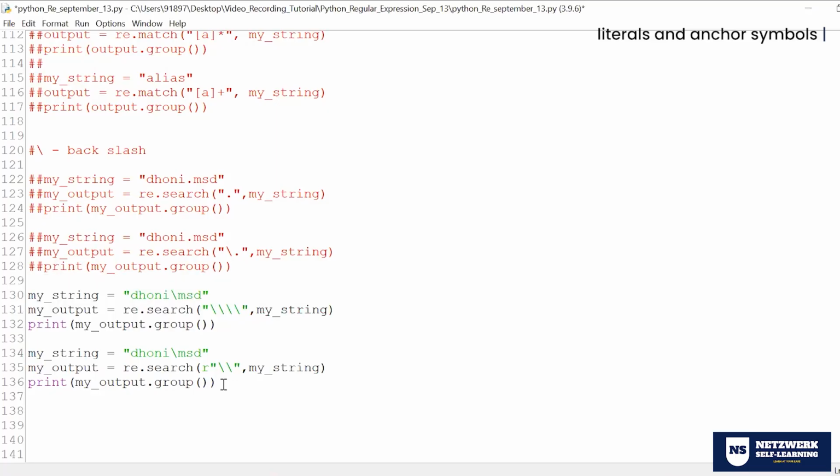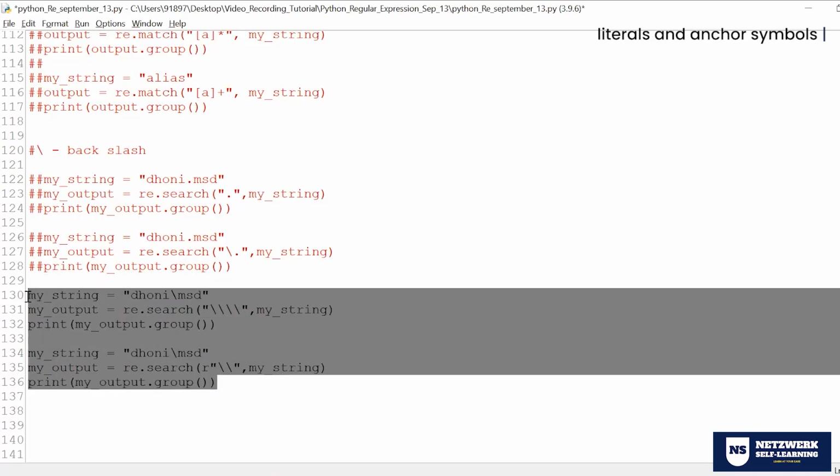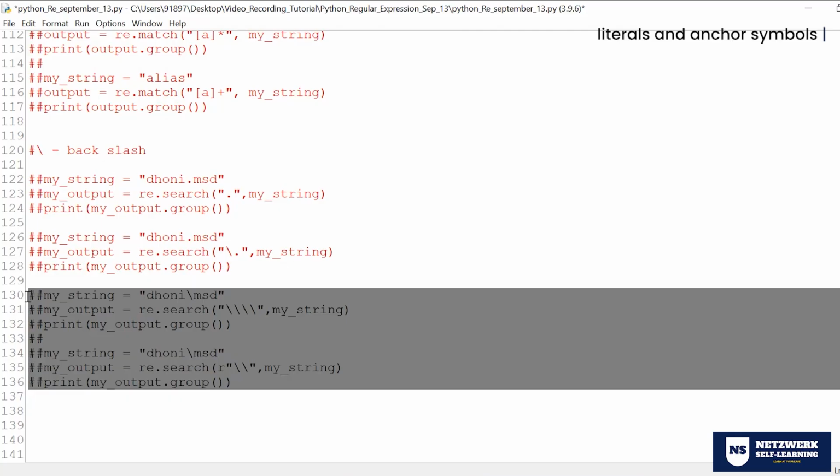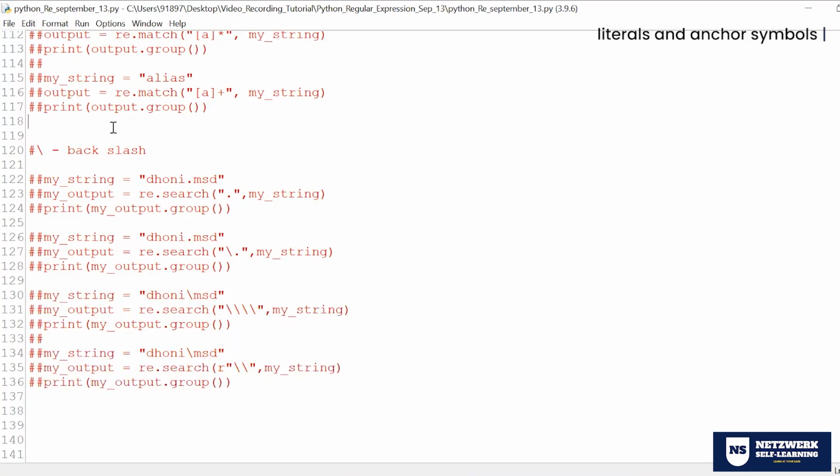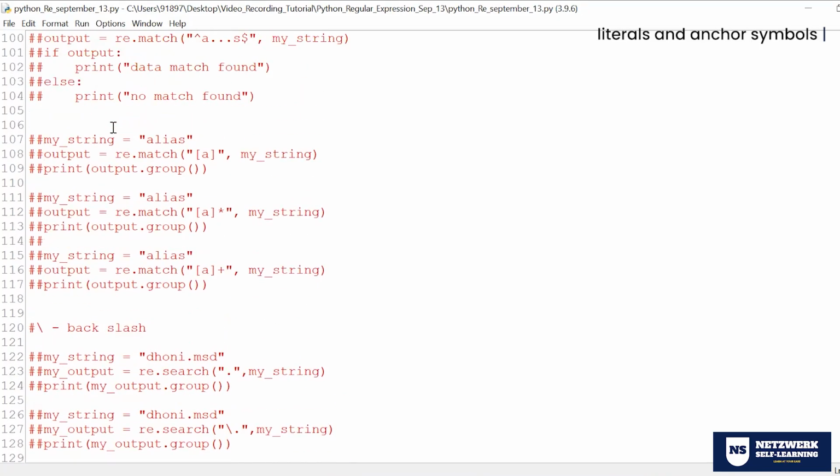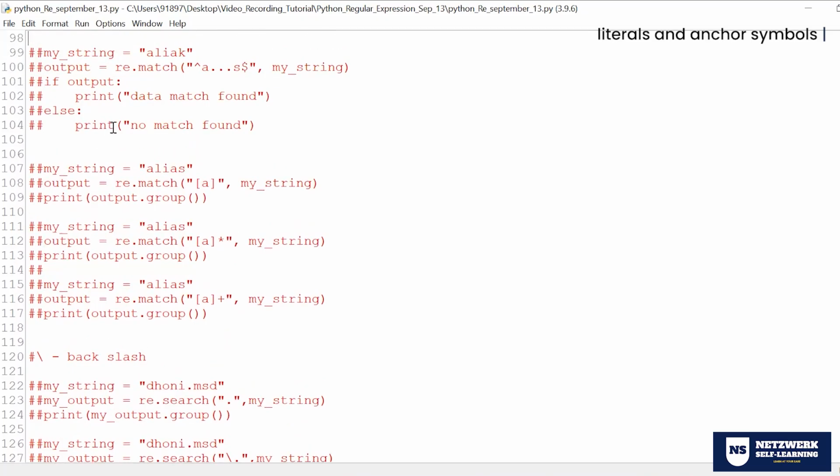Right. Similar to this, there are certain aspects which have dual meaning. In regular expressions itself, there are certain aspects which have a dual meaning, so you need to crack that. Just before, we saw certain things like caret and dollar symbol. Look at line number 100. What does it mean? The caret symbol indicates the start of the line, whereas the dollar symbol indicates the end of the line. The same two meanings can also be achieved by another meta character called